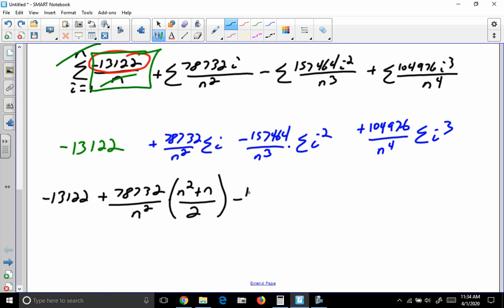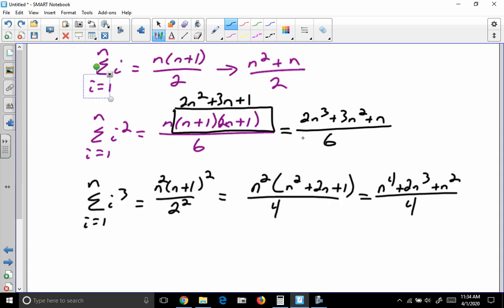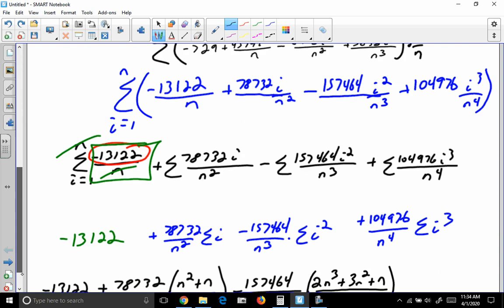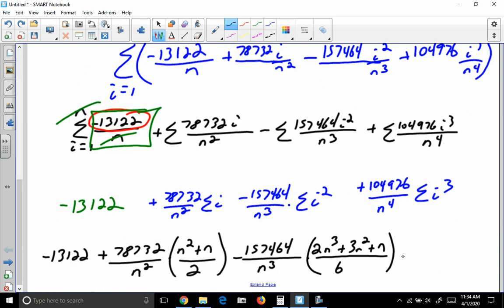For the next term, our coefficient down, and we're going to replace i squared with, what was that, 2n cubed plus 3n squared plus n over 6. Let me double check that. 2, 3, 1 over 6, that's right. And then for the last one,